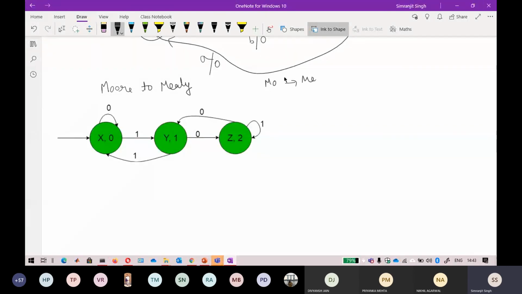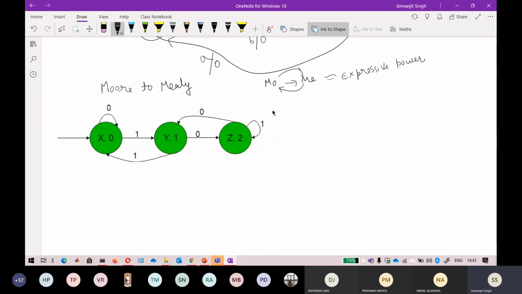And keep that in mind that if you are able to convert any Moore machine to Mealy machine, it means that both have the same expressive power. Okay, so both have the same expressive power. No one is more powerful than the other. Okay, so if they are interconvertible, it means that they both have the same power. Keep that thing in mind. Okay, so if anything is converted into another thing, the expressive power in that is always the same.